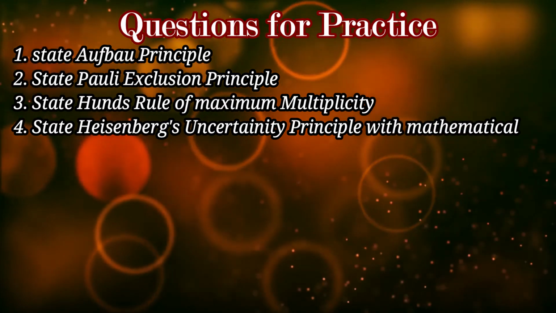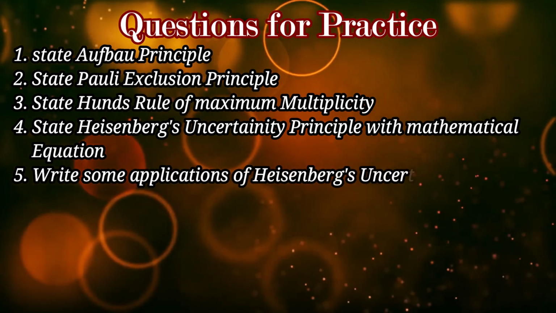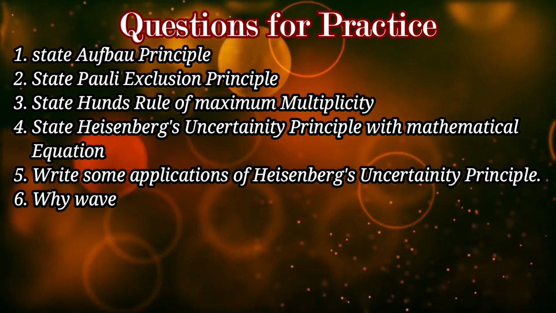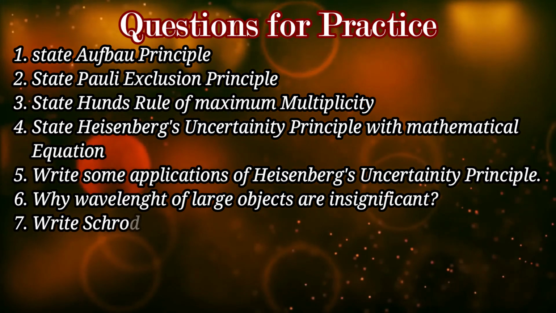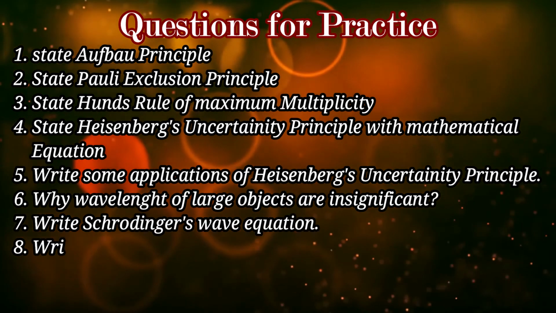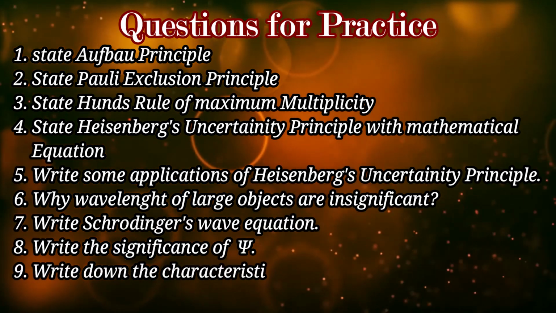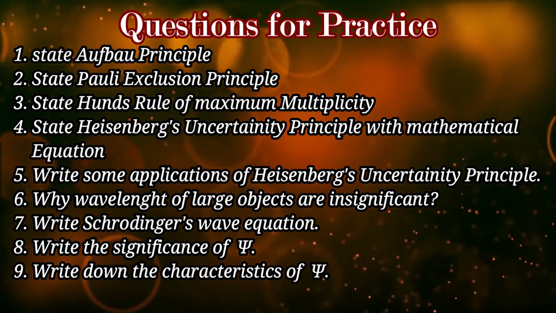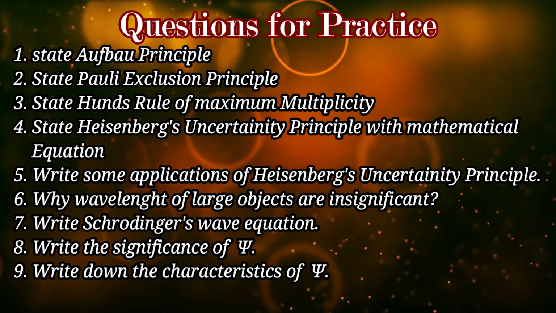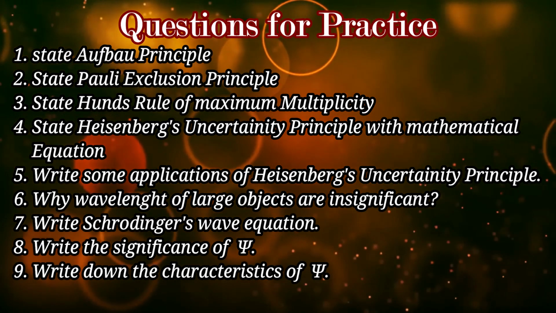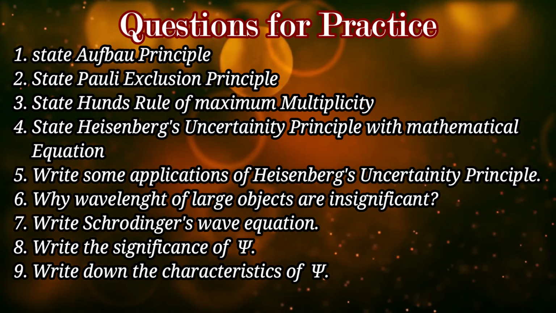After the Pauli exclusion principle, it was followed by Werner Heisenberg's uncertainty principle, where Heisenberg said that it is not possible to determine the exact position and exact momentum of an electron, and the precise statements of position and momentum should be replaced by statements of probability, that an electron occupies a given position and a given momentum. This was followed by Erwin Schrödinger's wave equation and the significance of psi and psi square, right? So this was all about the 4th lecture, and this was all about atomic structure of your BTech course.